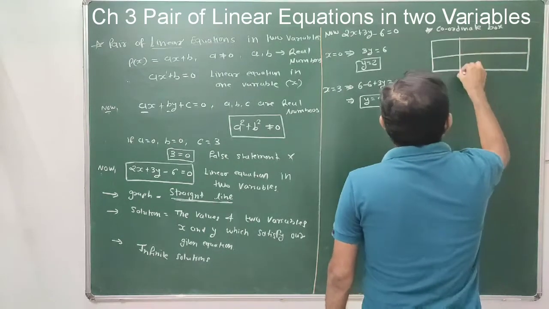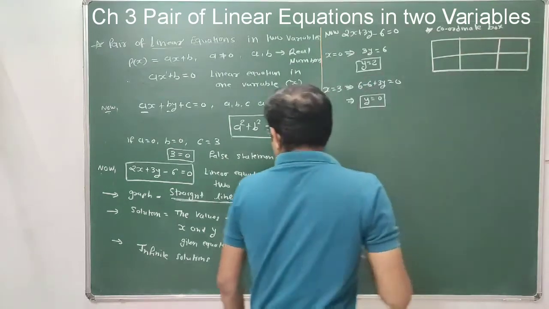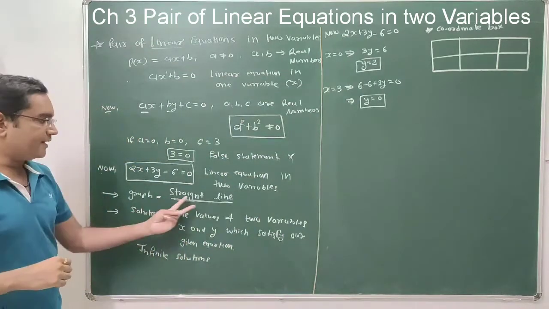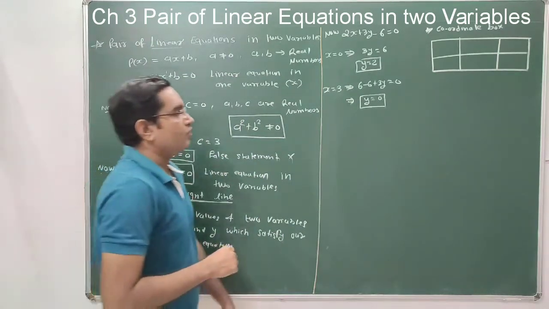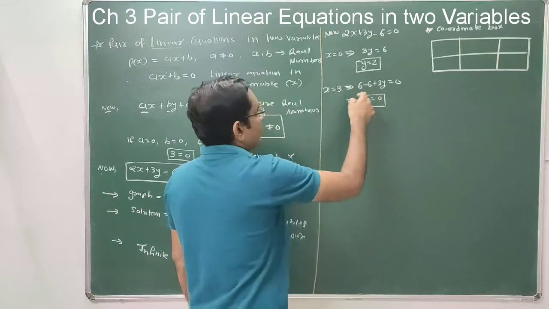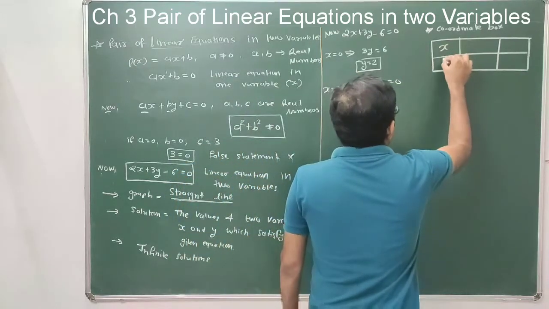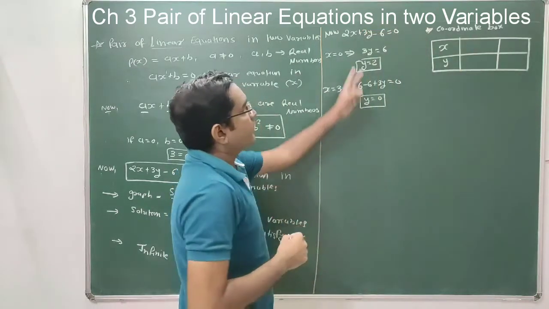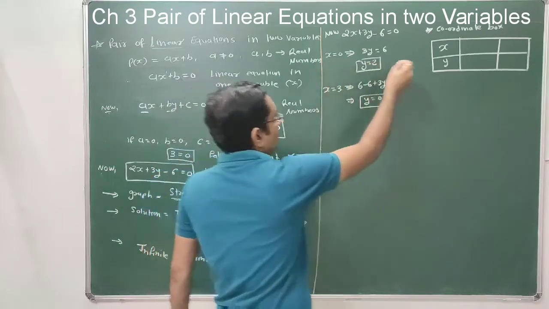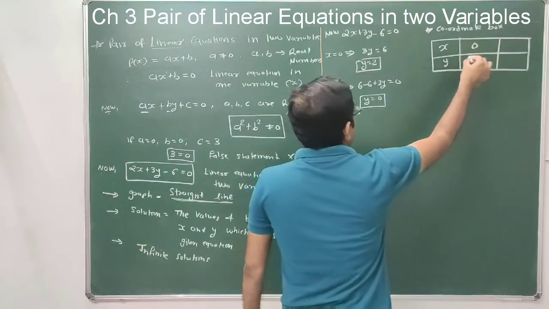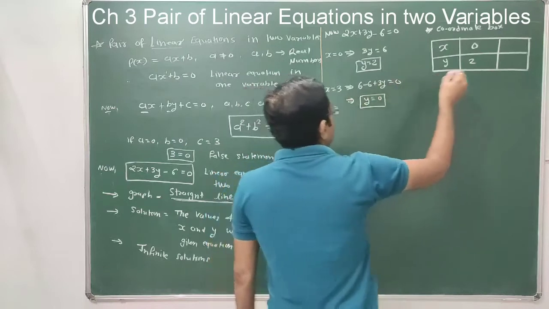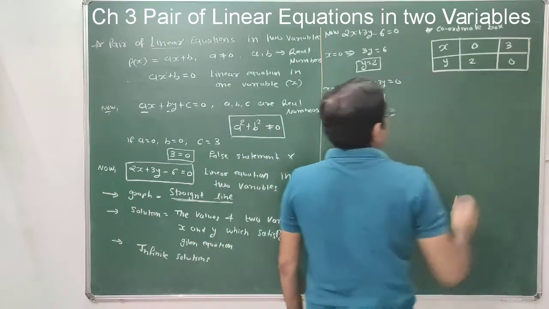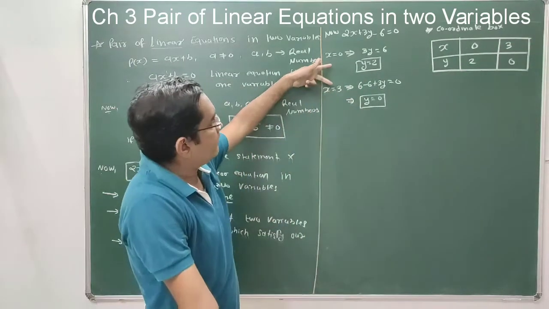So this is our coordinate box. To draw any graph of a straight line, a minimum of two values on a graph are required. So here you find the two values of the linear equation in two variables. When x equals 0, the value of y is 2, and when x equals 3, the value of y is 0. This is the value of x that you have to consider.